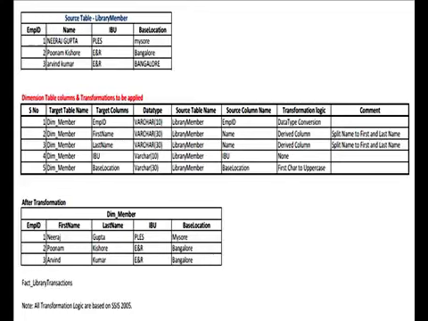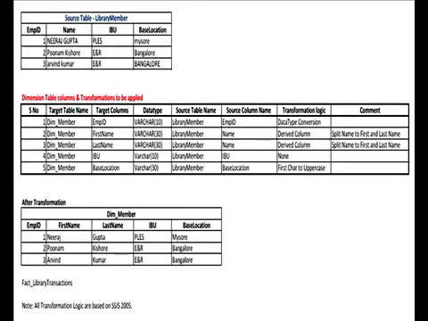The base location is the name of the city branch in which the employee works.